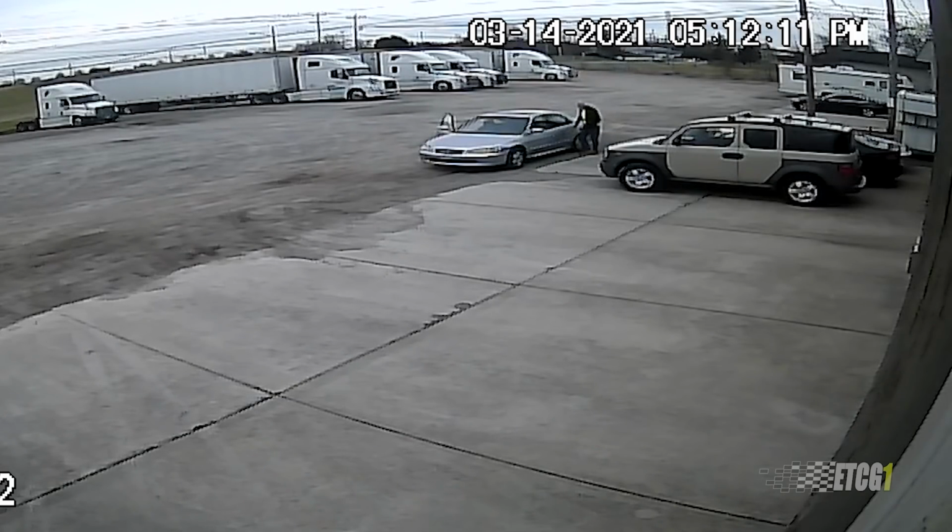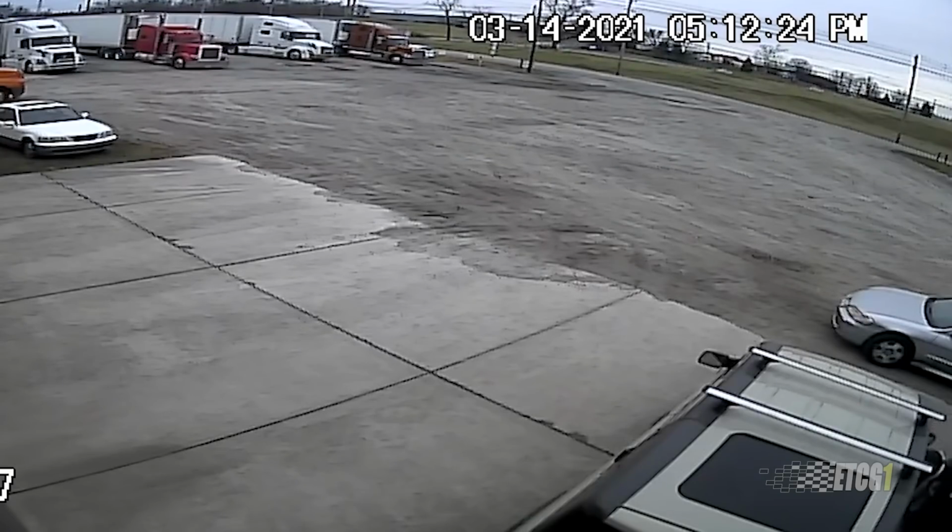They went to the business next door first and looked around at those vehicles, and then pulled up in front of my business and started scoping out all the vehicles out front. And as I said, they didn't just check out this one, they also checked out the other green one that I had parked out front, and decided, I guess, that this is the only one that they were going to take, because, well, the exhaust on the green one's a little crusty. They might have thought that it wasn't any good. Funny thing is, this one's got the blown engine, and blown engines aren't very good for catalytic converters, so...